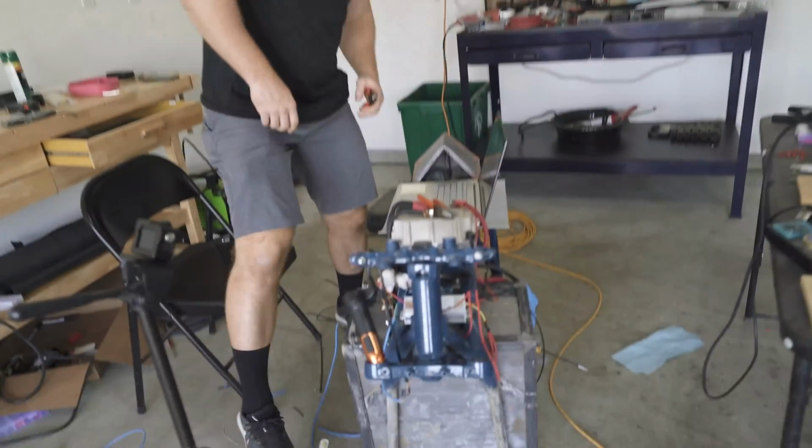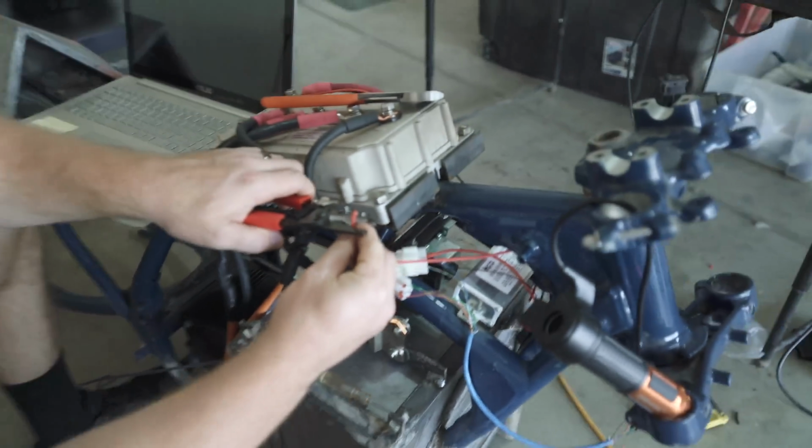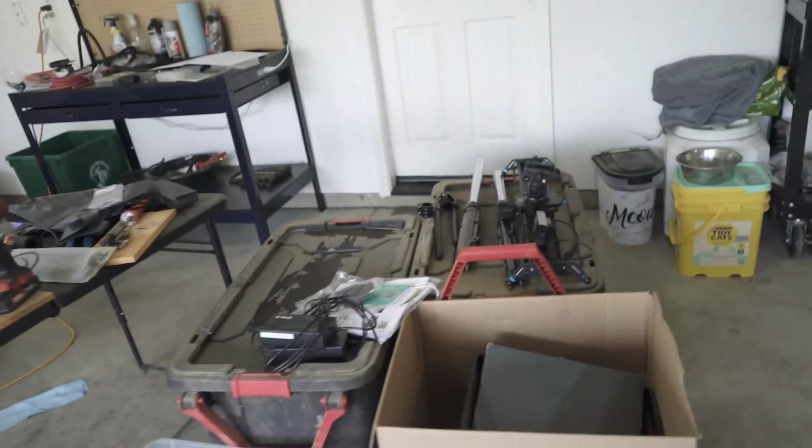Spinning, right? That's the plan. You only have a couple more, three more wires. Things to plug in there. Yeah, so he's working on that, and really since I can't do much to help him, I am starting